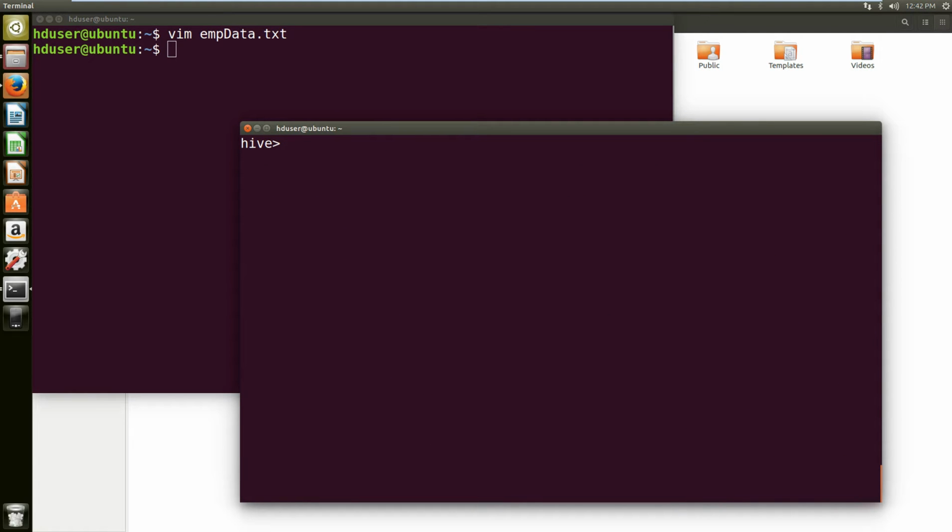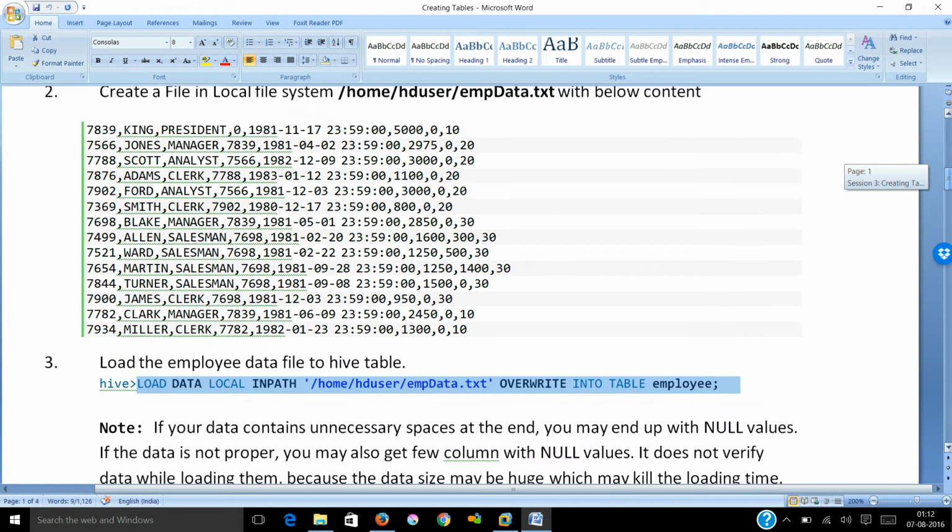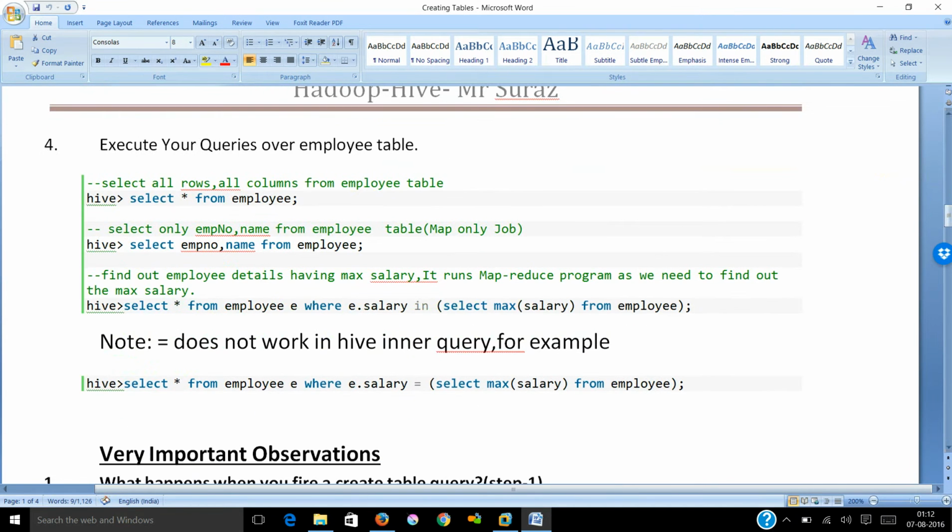Okay, now let's execute some sort of complex query. Not too complex, but at least somewhat better. Let's try to find out the employee with the highest salary.